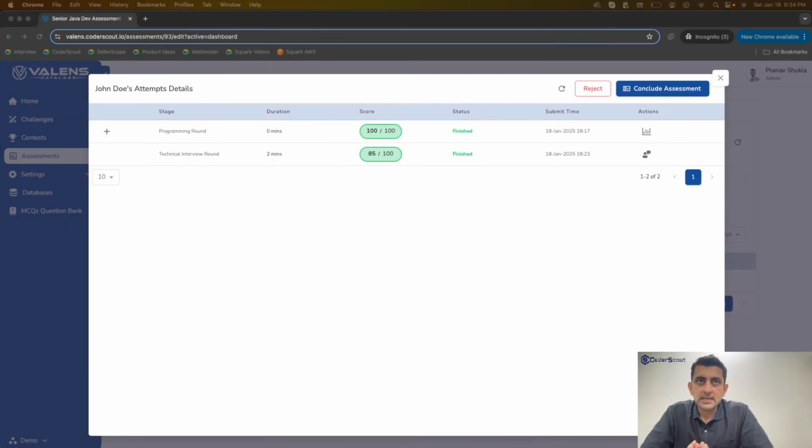So finally, when the entire assessment on the CoderScout side is completed, what needs to be done? Let's have a look at that. In this scenario, the assessment contained a programming round followed by a technical interview round, and both of these rounds have already been scored. The programming round is automatically scored because it had unit tests which were executed. And finally, before the assessment